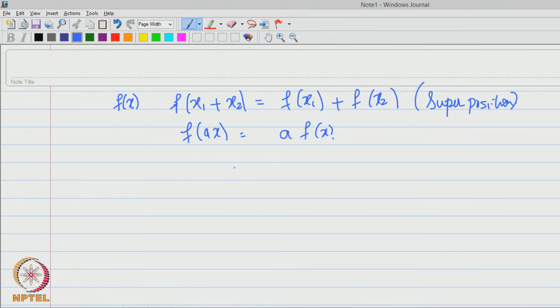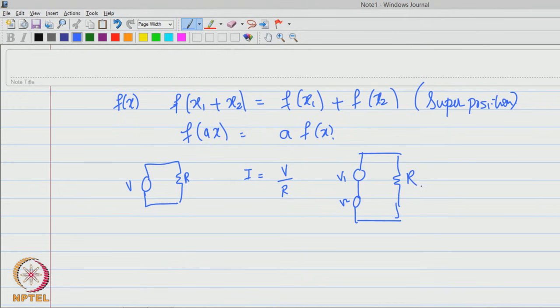Essentially, if I take a resistor R and give it an input voltage V, the output I see is I equal to V over R. Now, what happens if I have two voltage sources, V1 and V2, with the appropriate sign conventions, across R? What is the current? The current I see is V1 plus V2 over R, which essentially